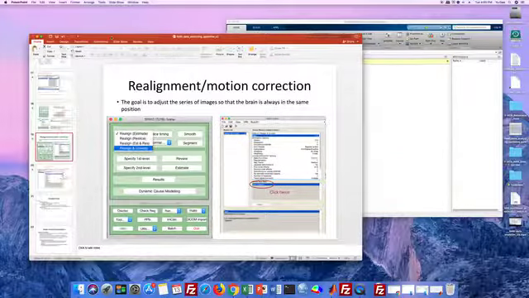In this section, I will introduce how to do the preprocessing. Okay, so the first step is realignment. We also call this step motion correction. When you're collecting the data, it will take about half an hour, and